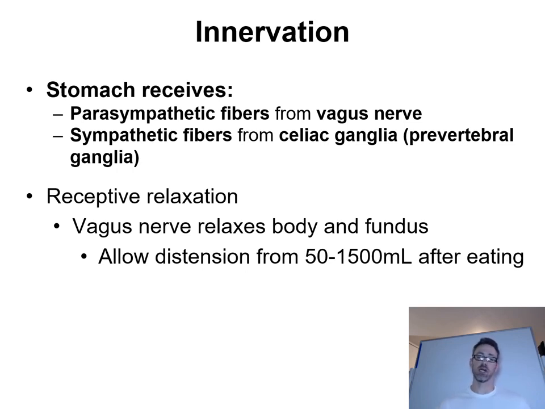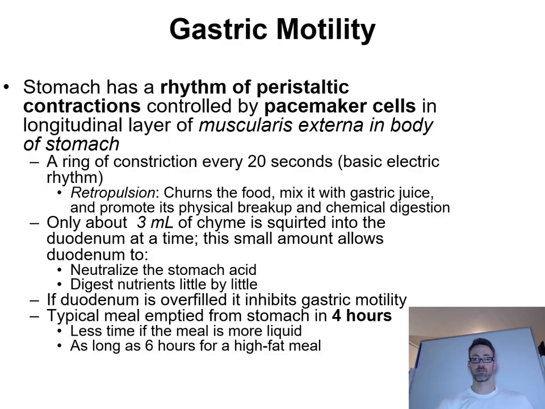So for example, distension can go from anywhere from about 50 mils on average, right? It can contain about 50 mils at rest, and then after a meal can expand upwards to hold on to 1,500 mils or 1.5 liters. The motility, which I've kind of alluded to a little bit already, has a rhythm, okay, of peristaltic contractions, and it has those three muscle layers. And the pacemaker cells, which I mentioned before,